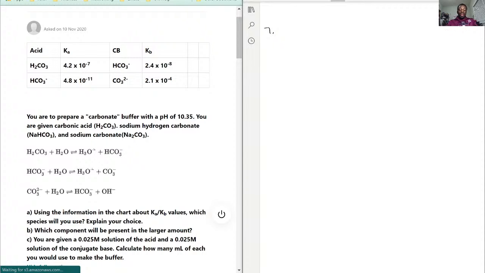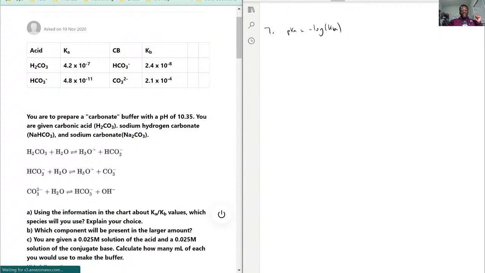And pKa is equal to negative log of Ka. The way we do this is by first getting the Ka value of H2CO3, 4.2 times 10 to the negative 7. So we take the negative log of that, and we get